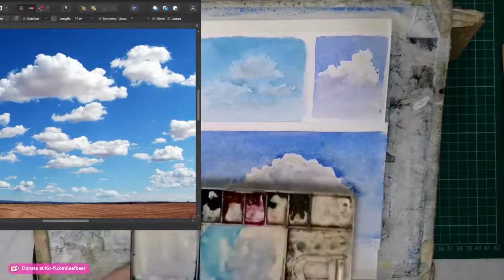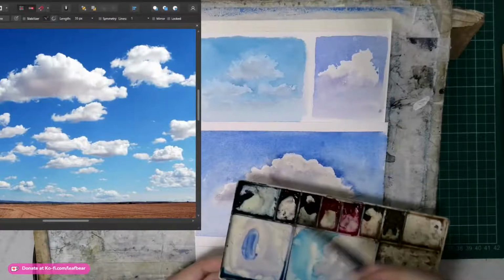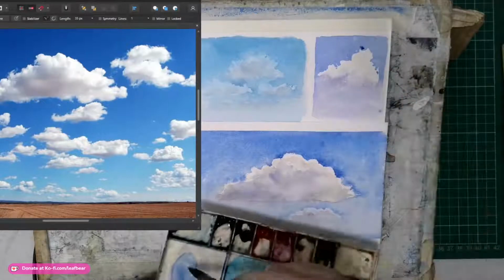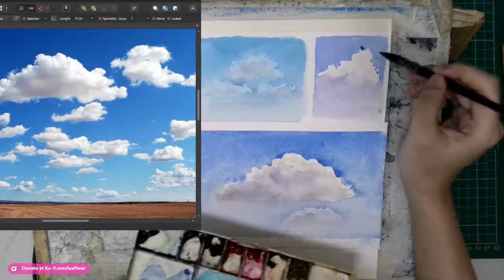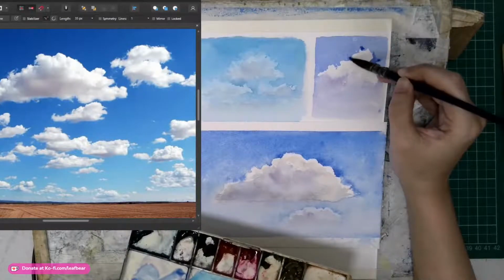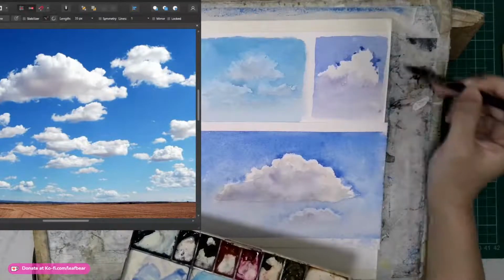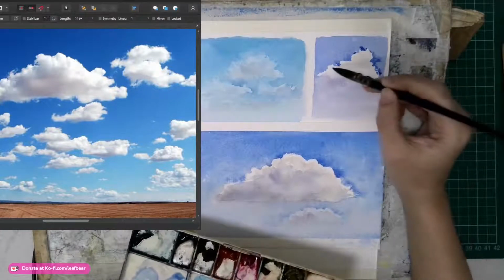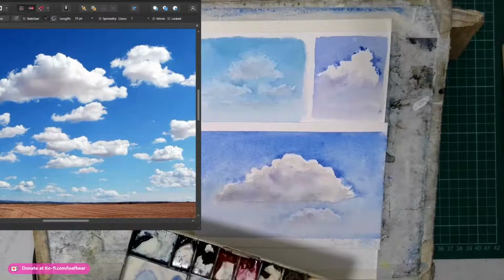Now a little bit more French ultramarine, just to make this contrast, make these hard edges look even more clear,